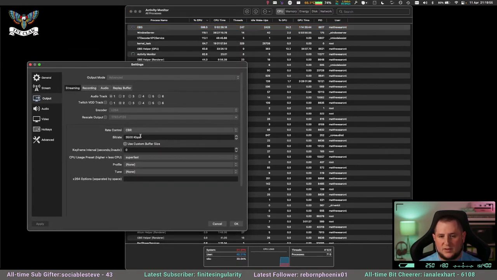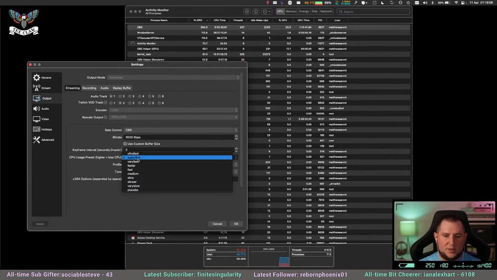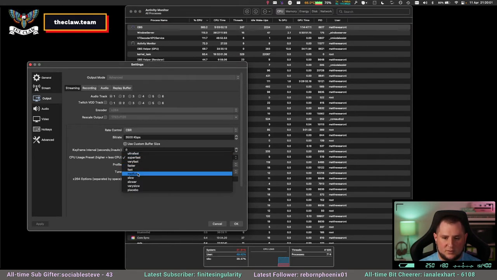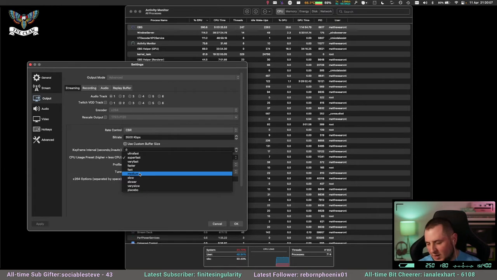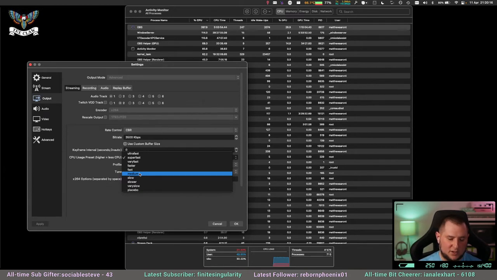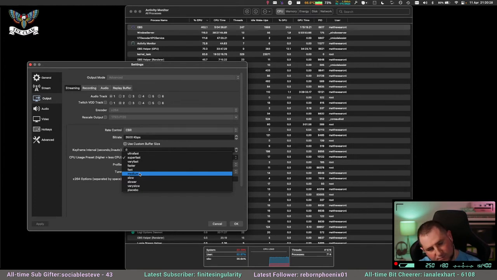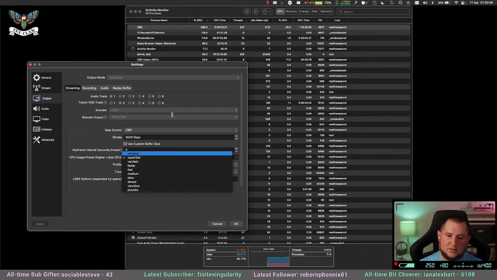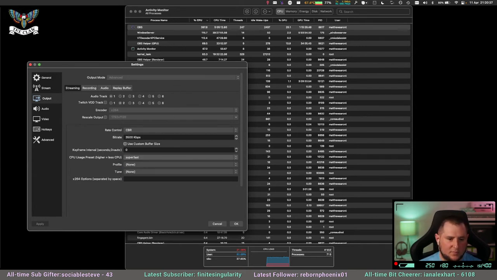So what does moving this down do? If the usage preset is lower, it's going to use more CPU. This is the most unintuitive menu I've ever seen in OBS. All of the others are relatively well explained. This is not well explained at all, which is very weird, actually. I need to Google this, I think. Well, anyhow,